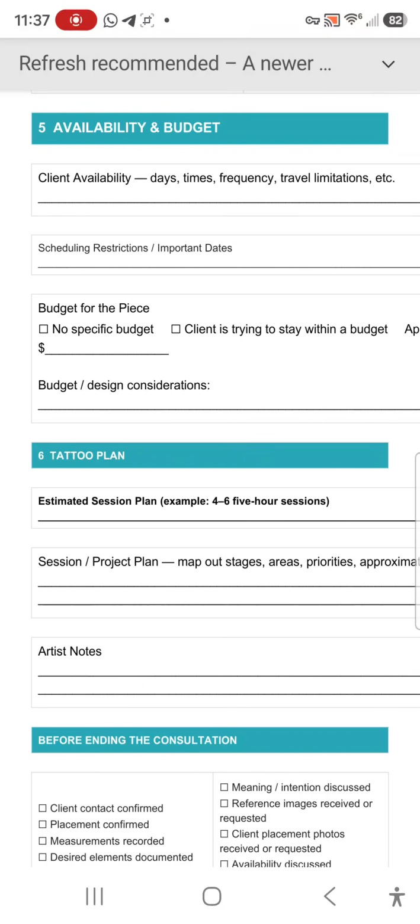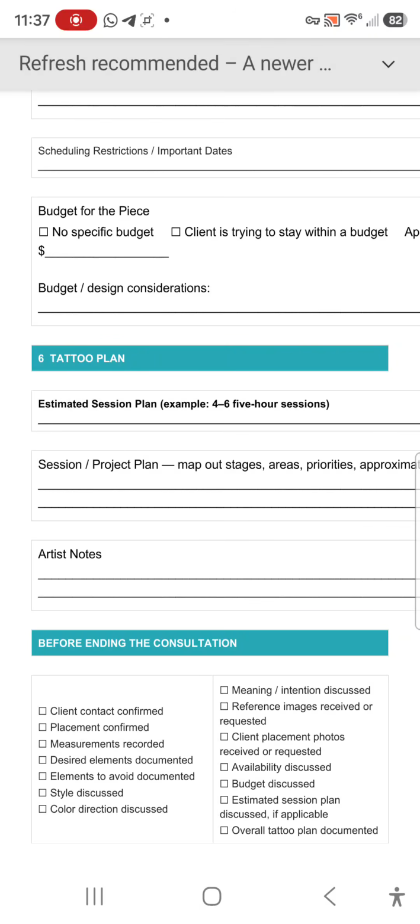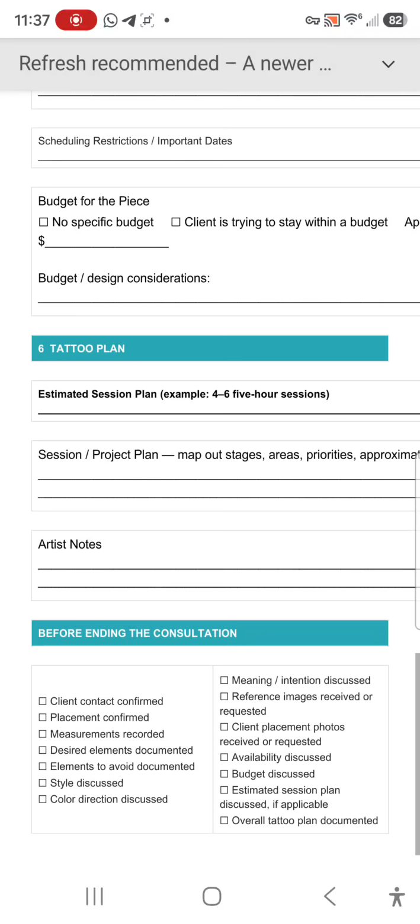Budget for the piece, like I said, it's an important thing to ask. Okay, you want to be very upfront about your pricing, the way you are going to structure this out, and plan it and all of that. Okay, and then